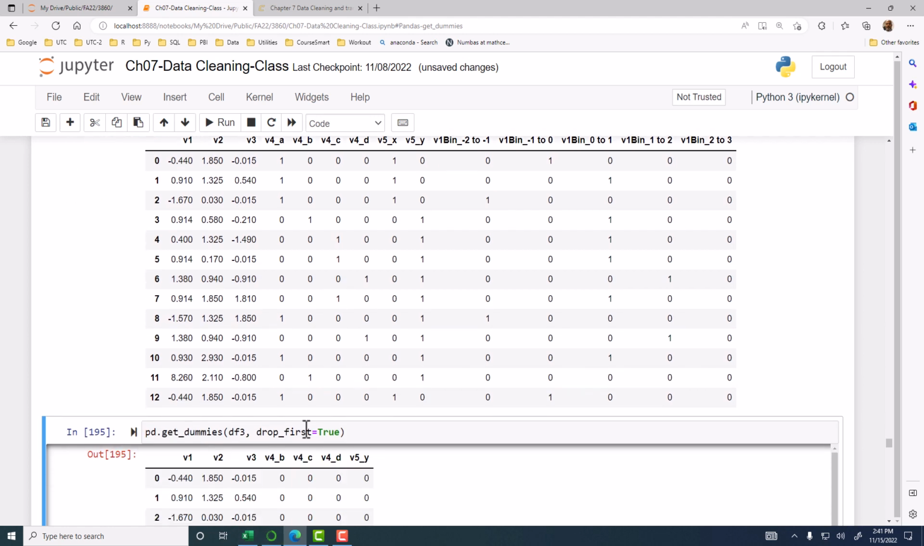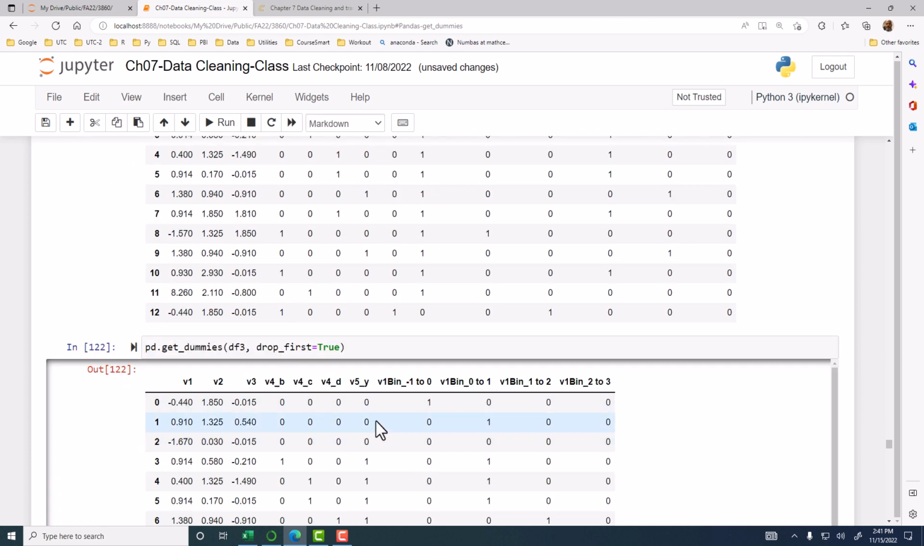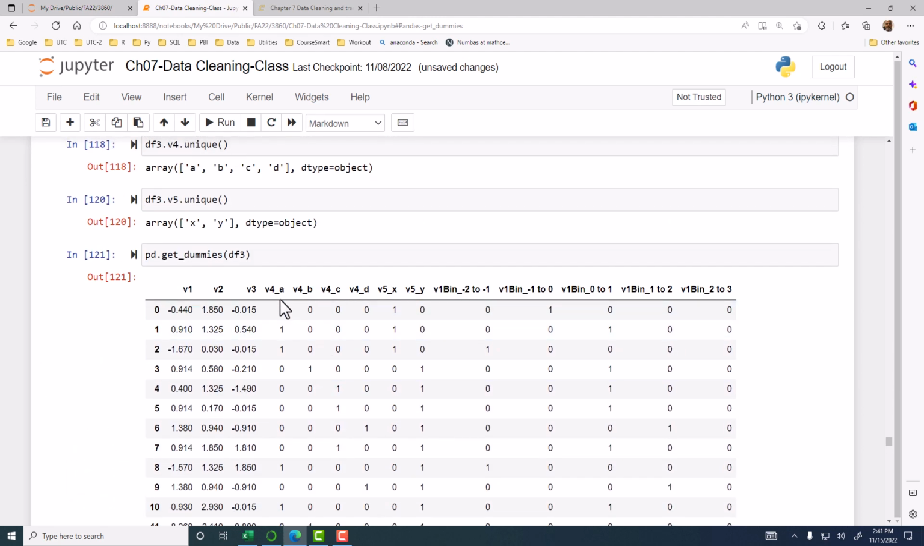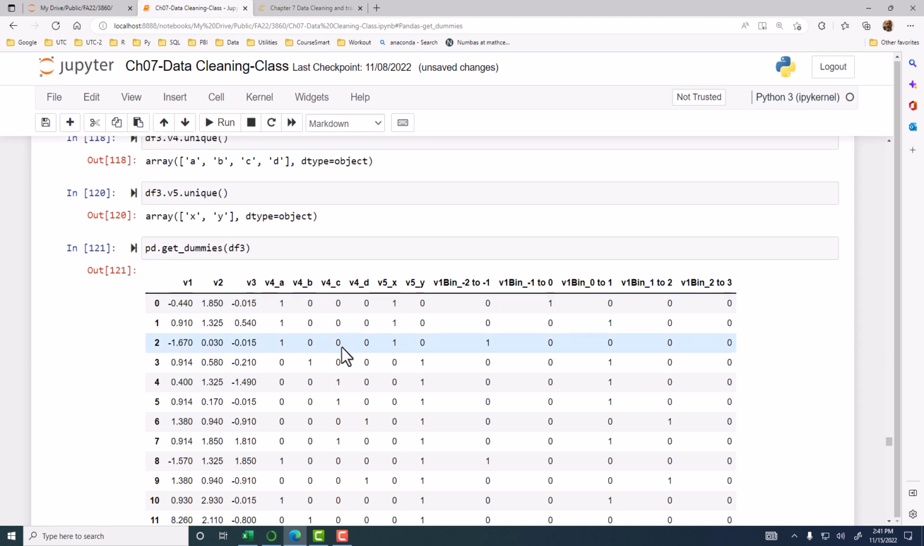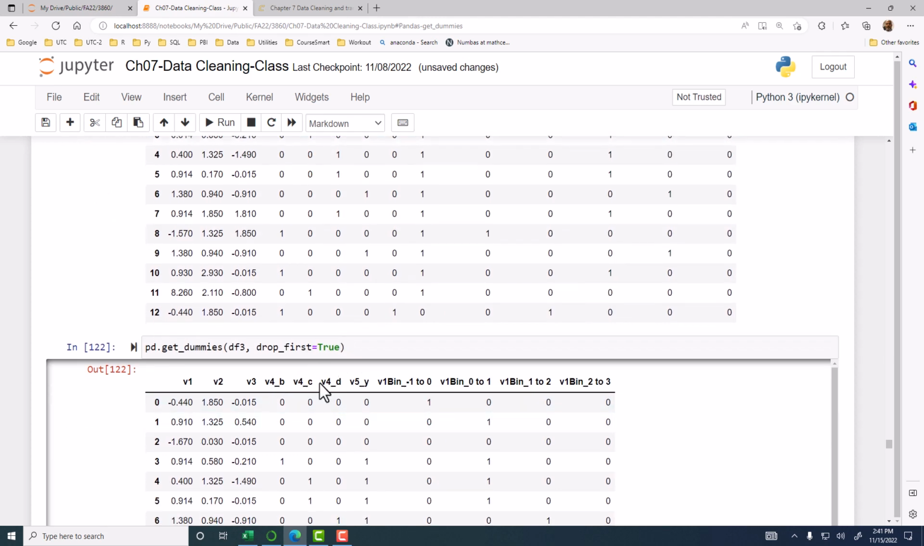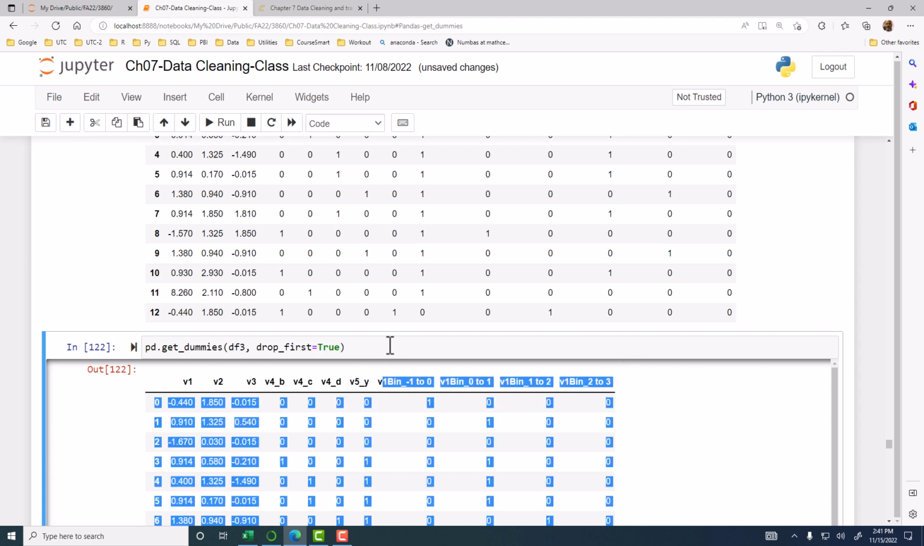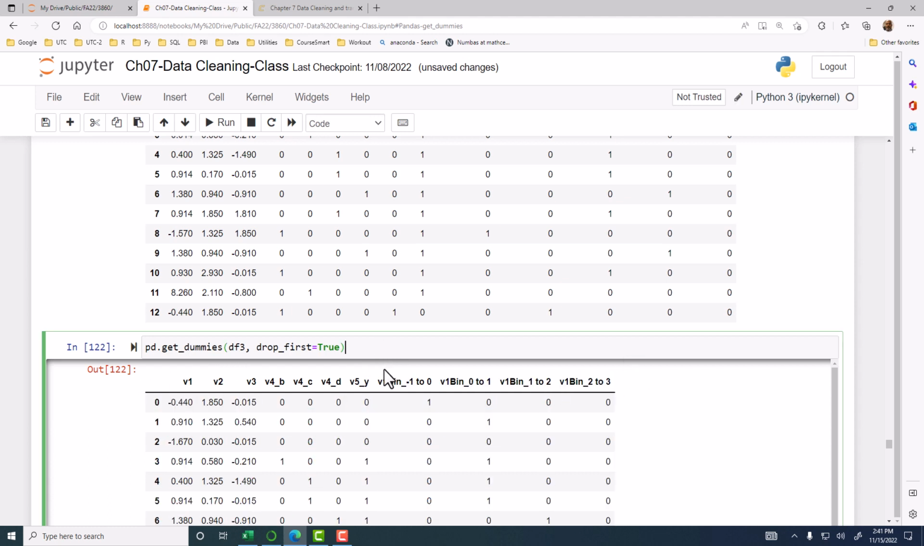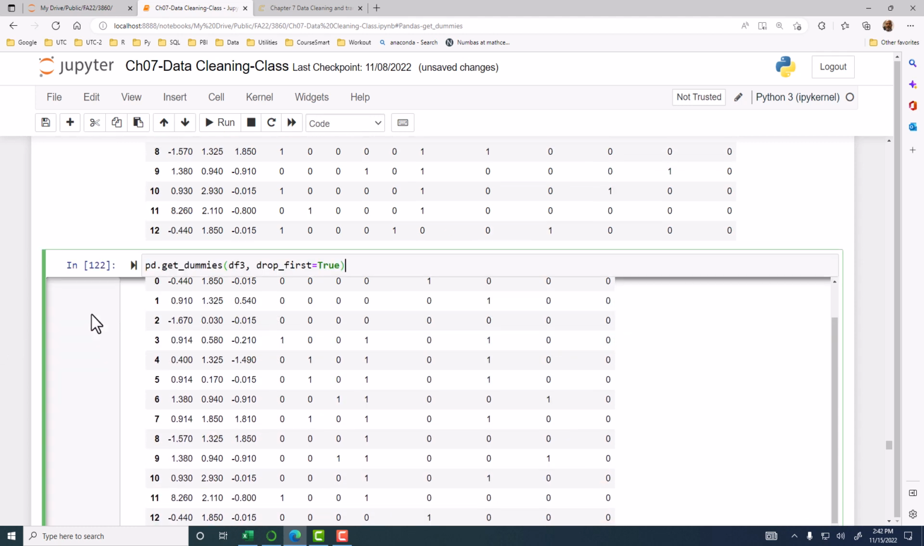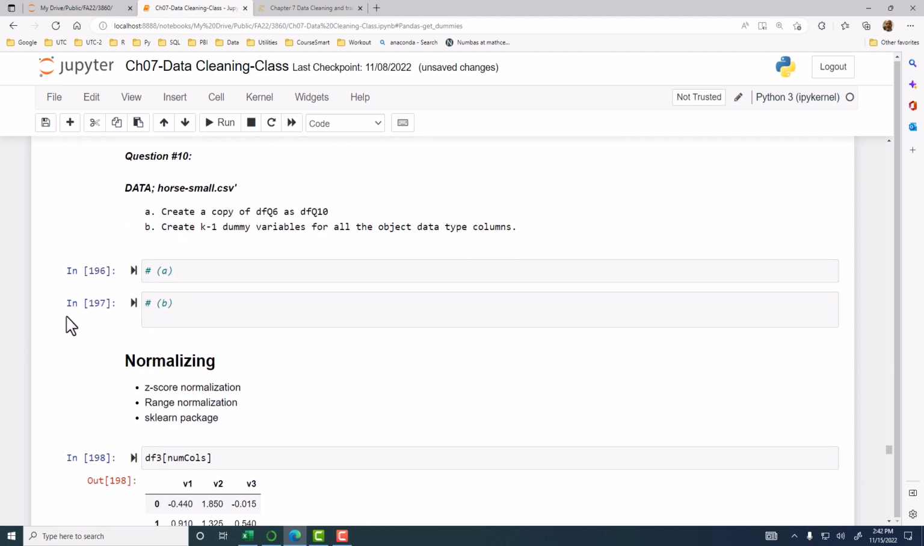Right? Now, if you say drop_first equal to true, then you see that for V4, the first one, A, is gone. It only gives me k minus 1 dummy variables for V4. For V5, there is only one dummy variable, and the same for the binned. So you get k minus 1 dummy variables when you use drop_first equal to true. All right, let's look at